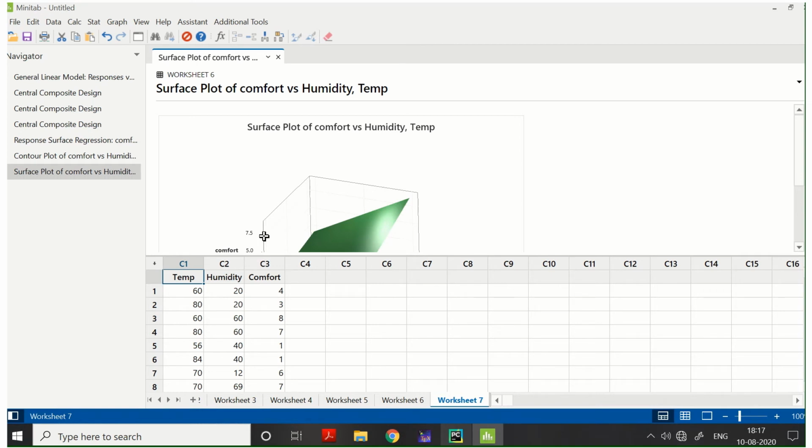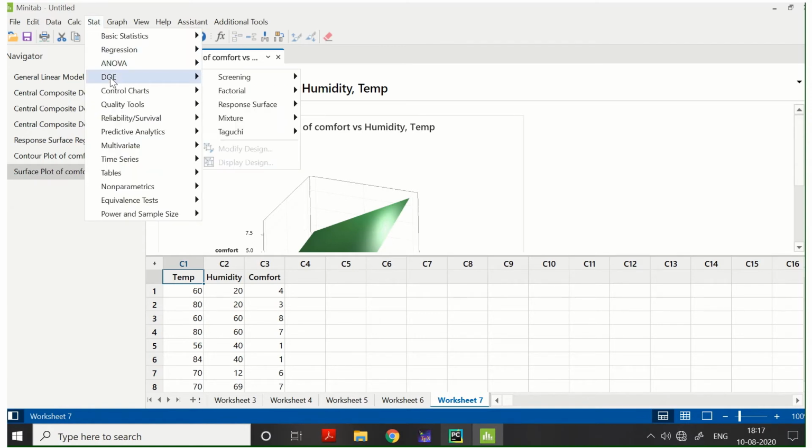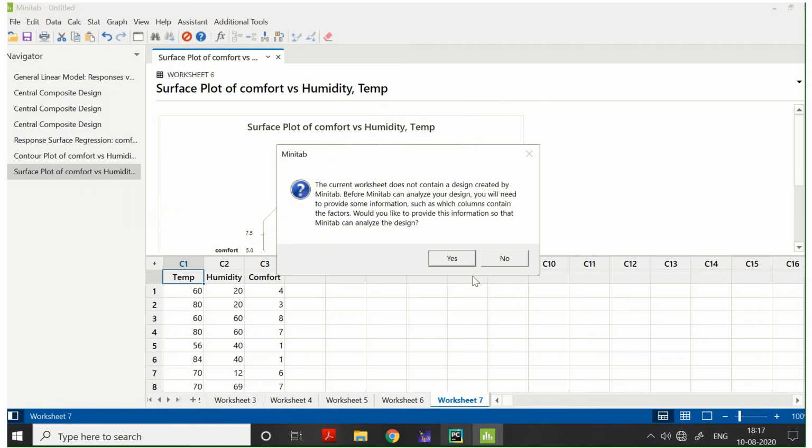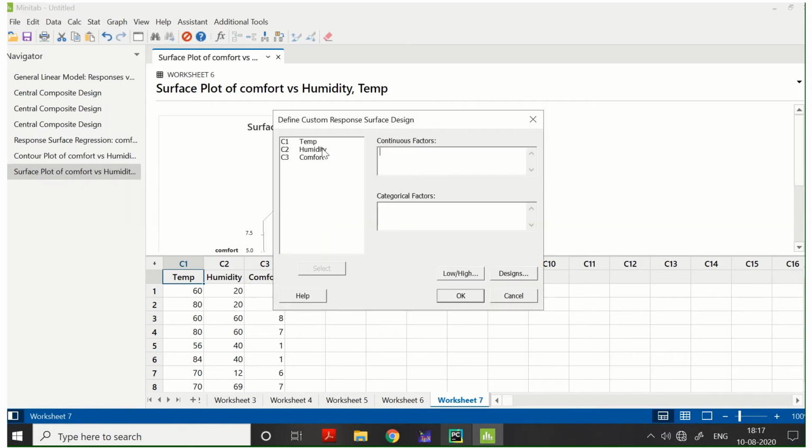Now instead of 2 levels, here I have taken 5 different levels. You can see the 5 different values of temperature and 5 different values of humidity. Now we go to Stat, DOE, response surface, analyze. Temperature and humidity are our factors.